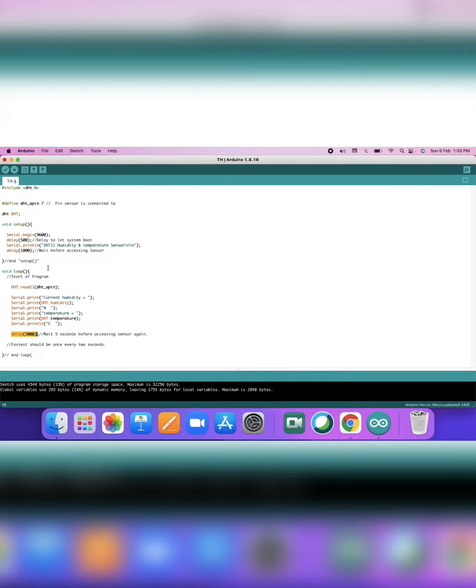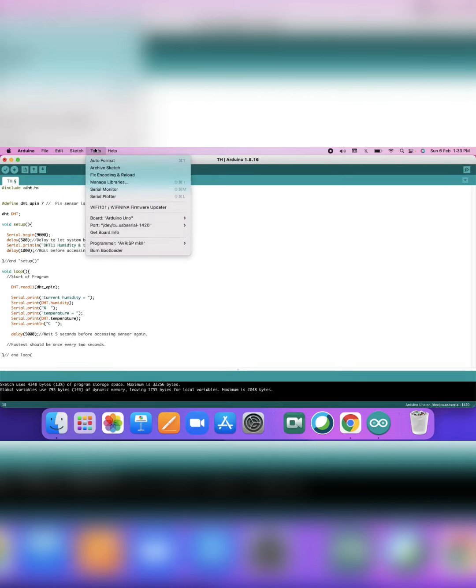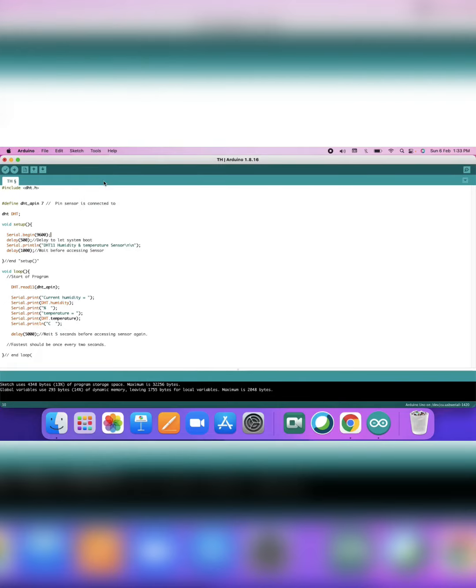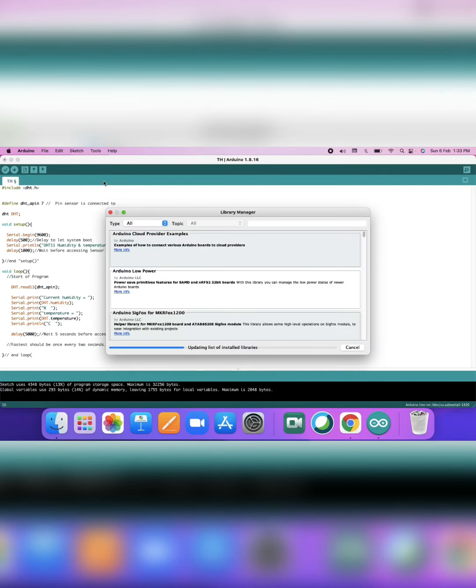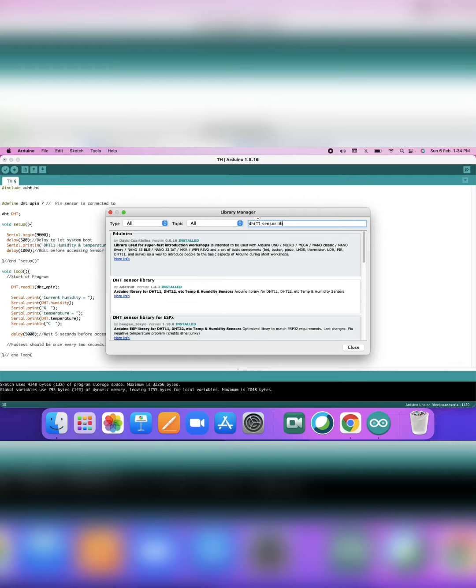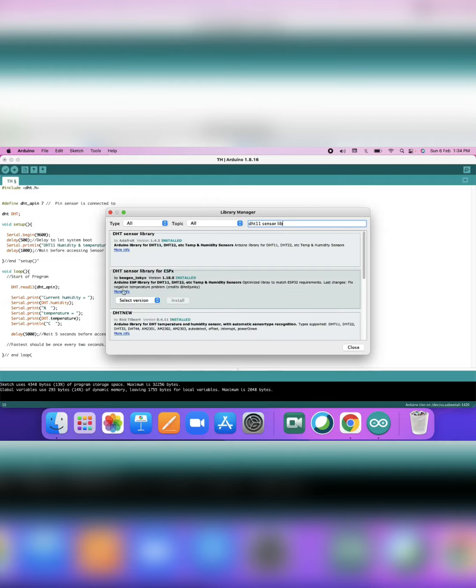Before going to start with executing this program, first and foremost what we need to do is we need to go to the sketch, and we need to go to the tools, and in tools we need to go to the manage libraries. In manage libraries, it will take some amount of time in order to open this. Here we need to type DHT11 sensor library. So we need to type this one, and here we need to install this